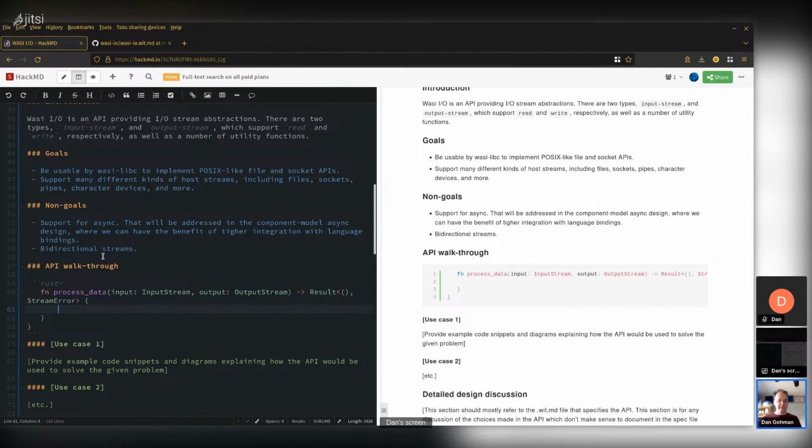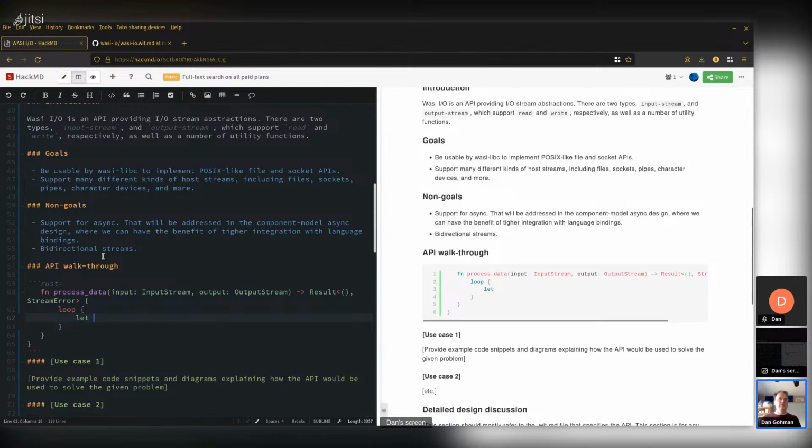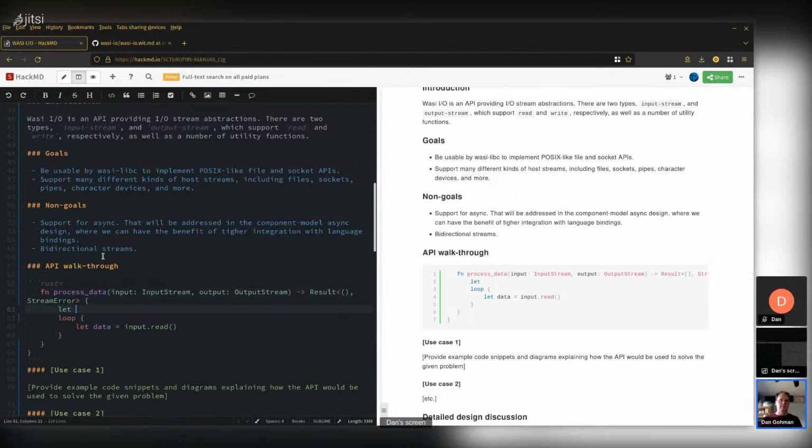And so we're going to read some data, a loop, and always use a random power of 2 for your buffer size.